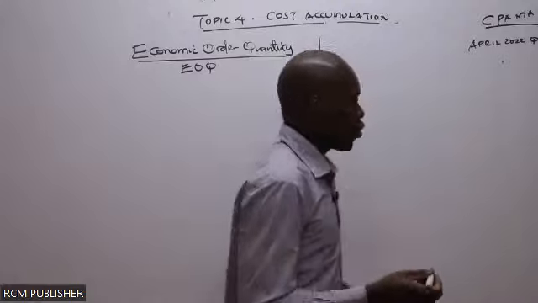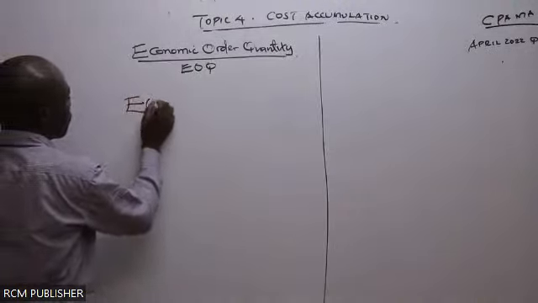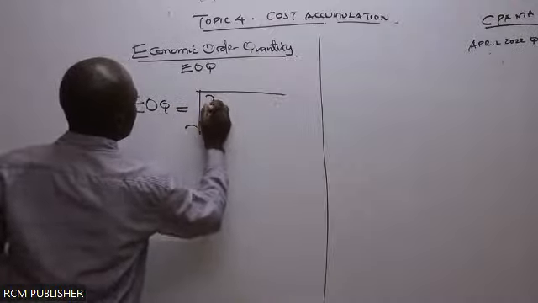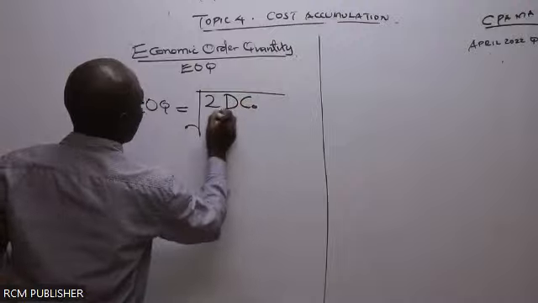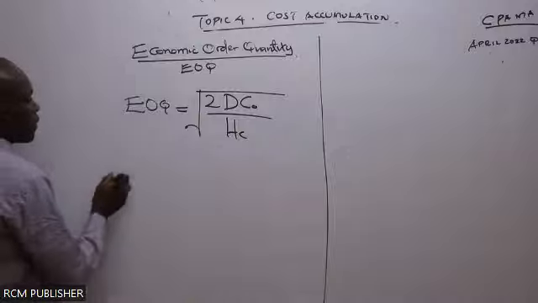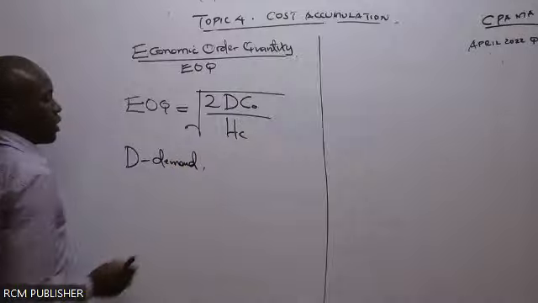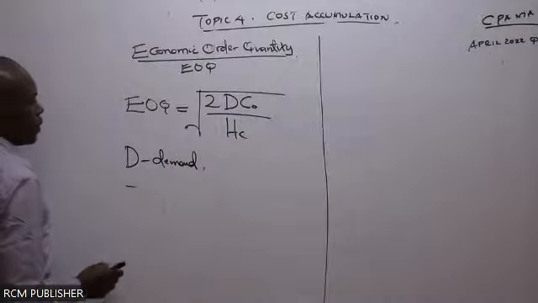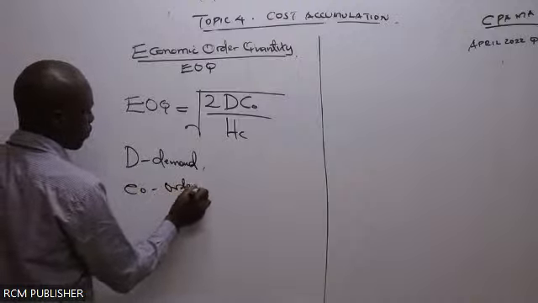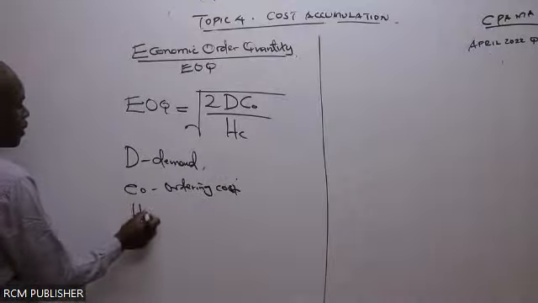So for us to get the economic order quantity as a formula, the economic order quantity is equivalent to the square root of 2DCO over HC. And I've said very well that this D stands for demand, annual demand. Then if it's given for the entire year, this CO stands for ordering costs. And then we have HC, which stands for